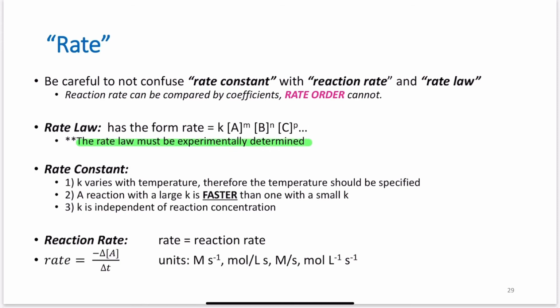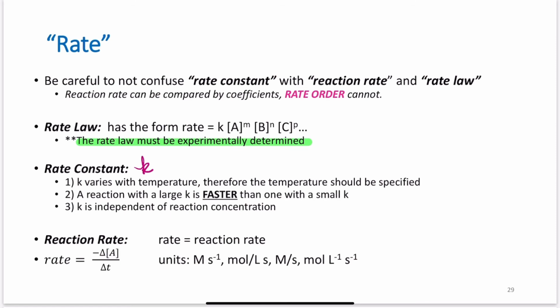The rate constant is k, and it's a lowercase k. Very distinctly a lowercase k, because we're going to use capital K throughout all of equilibrium, so please use a lowercase k. k varies with temperature, therefore the temperature should be specified. A reaction with a larger k value is faster than one with a smaller k, and k is independent of